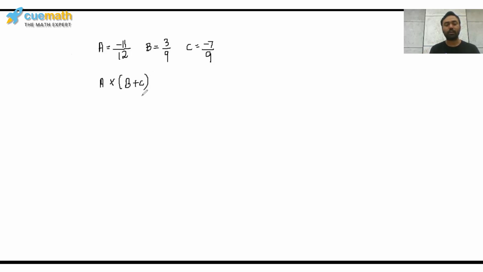B plus C. Now we are checking whether multiplication is left distributive over addition. That is why this multiplication sign is to the left of this addition sign. Now this will give us one more expression, which would be A times B plus A times C. So basically A is being distributed over B and C, so that we get this and this. Now let us substitute the values of A, B, and C, and see what we get.